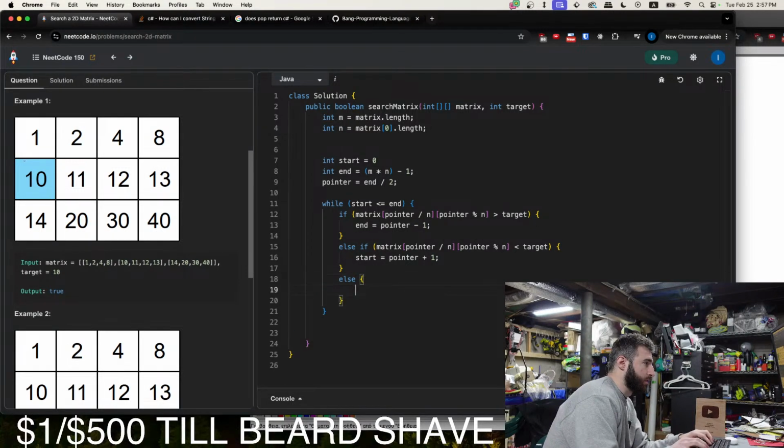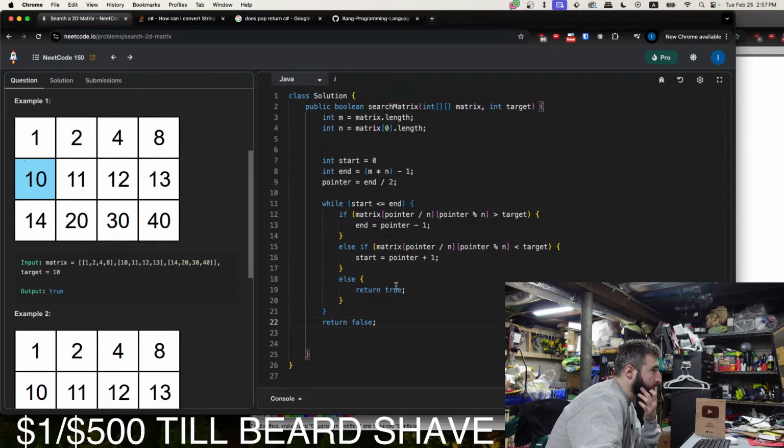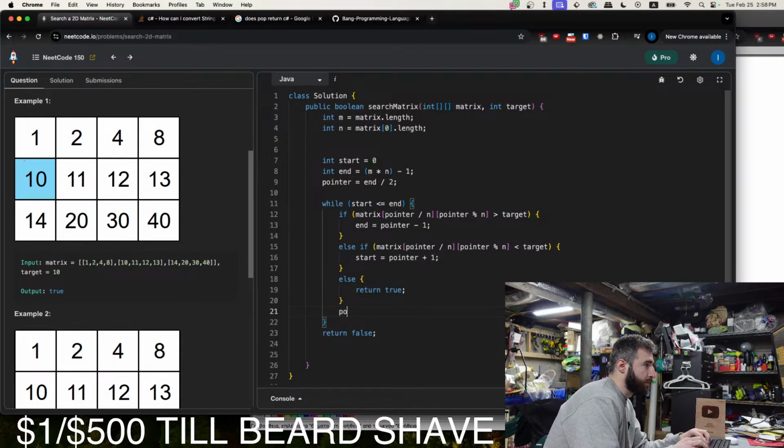Else return true. Otherwise, return false. Also, we need to change the pointer.